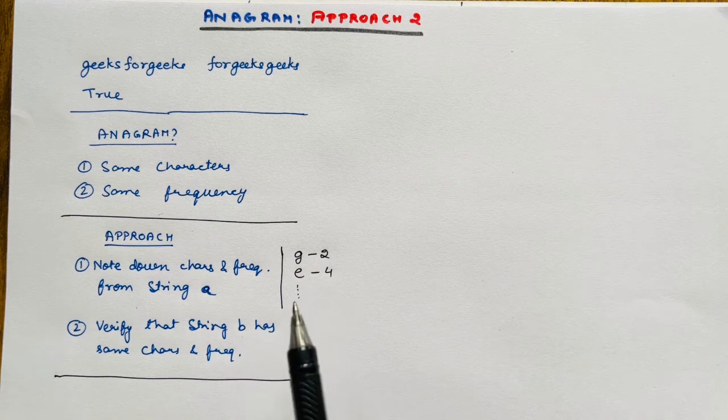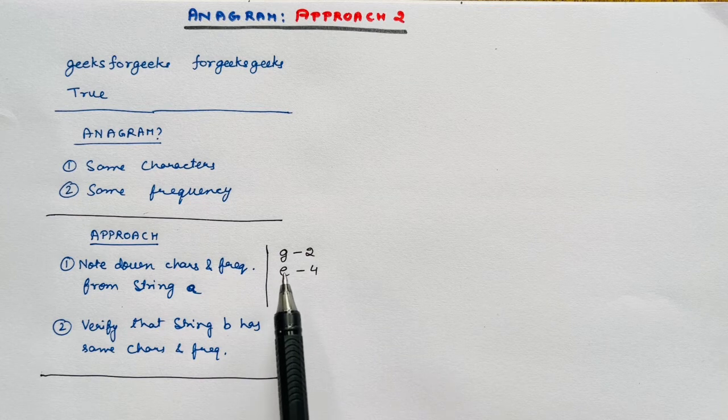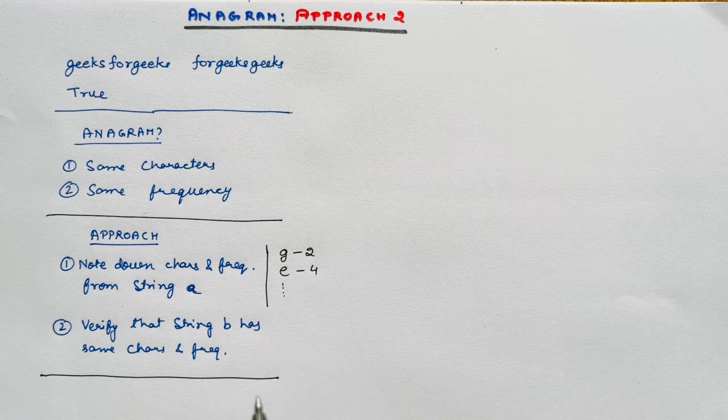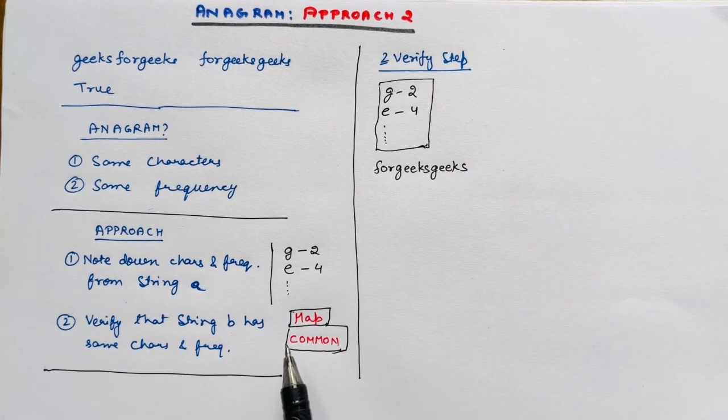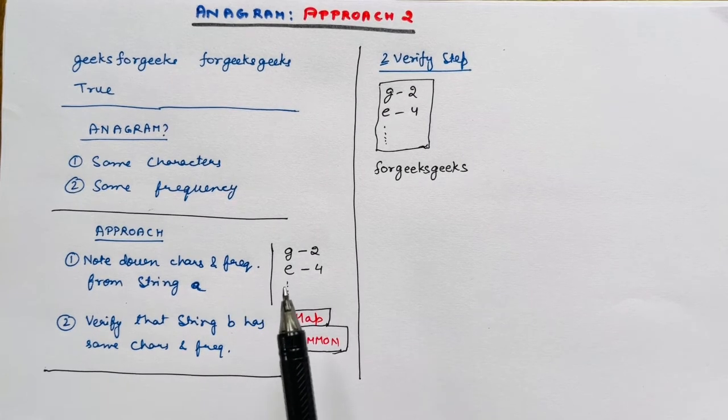And once we have noted these down, in the second step, we'll again have to look for them. And how will we look? We will look by character. For example, whether G is present or what is its frequency and so on. So what data structure suits this use case best? It is map. Because map has big O of 1 time complexity for storing and retrieving by a key. This is a very common technique of storing characters and their frequencies in a map that is